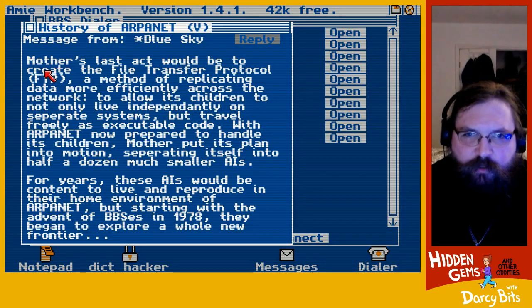Mother's last act would be to create the file transfer protocol. Freely has executed code. The ARPANET now prepared to handle its children. Mother put its plan into motion, separating itself into hubs and eyes. For years, they would reproduce their home environment, ARPANET, but starting with the advent of BBSs in the 78,